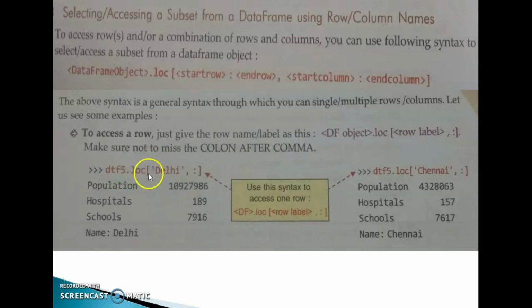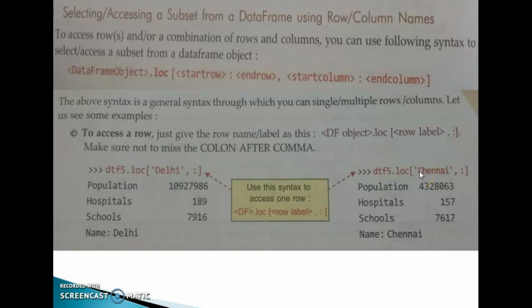DTF5.LOC, then square bracket, Delhi, comma, colon. Use the syntax to access one row. DTF5.LOC, within the square bracket we can specify Chennai, comma, colon. Delhi, Chennai, Mumbai, Kolkata.